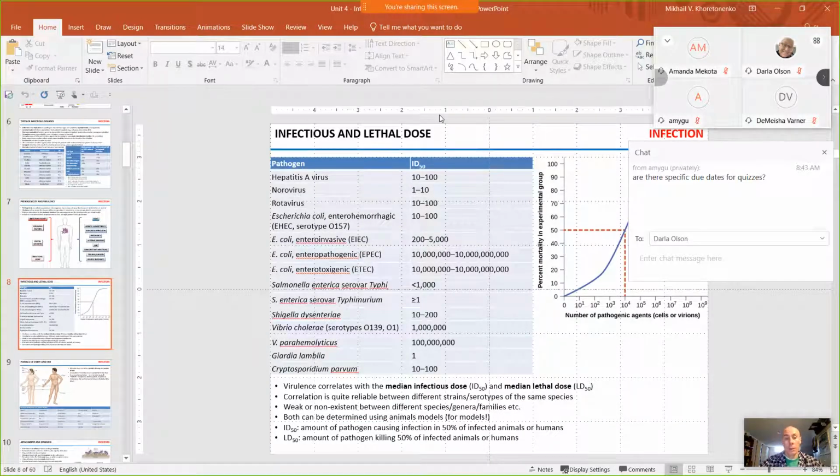So here, take Vibrio cholerae versus norovirus. Norovirus has much lower infectious dose, meaning that you need just a few particles to cause the disease. While for Vibrio cholerae, you need 1 million bacterial cells to cause the disease. But if I would have to pick between norovirus and cholera, I would pick norovirus every day of the week, because the disease presentations are very, very different.